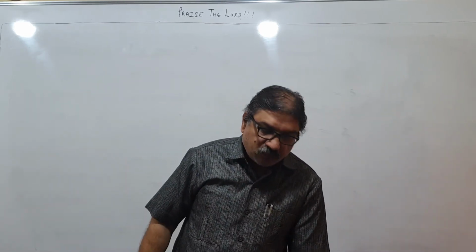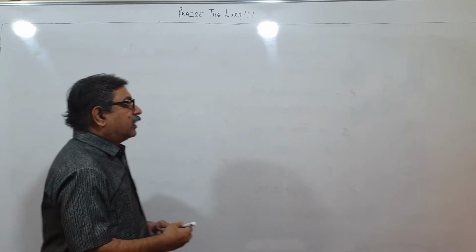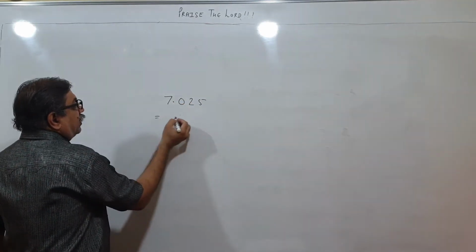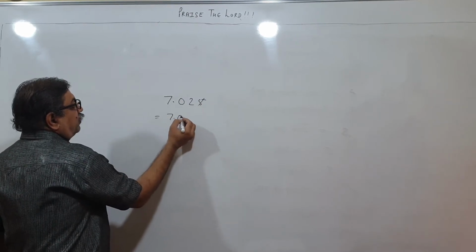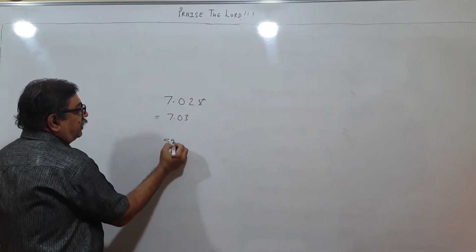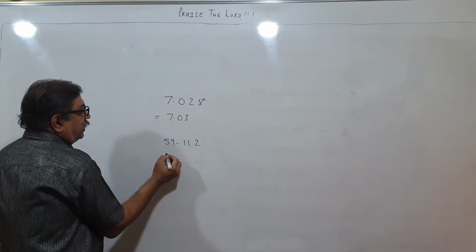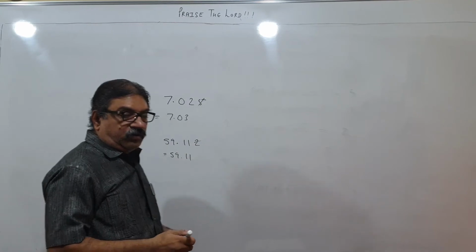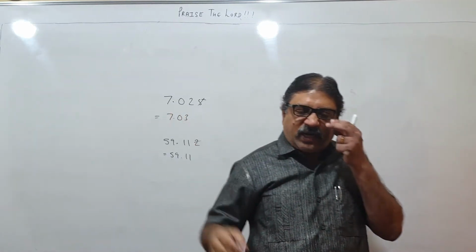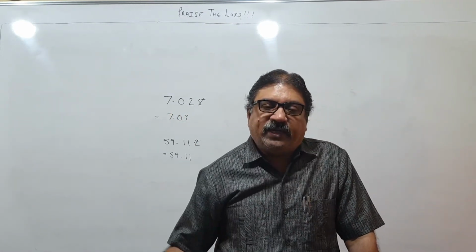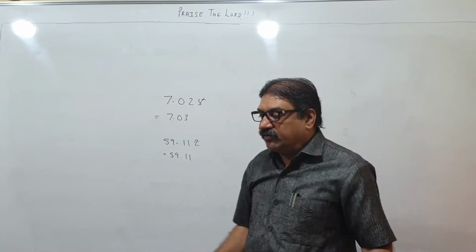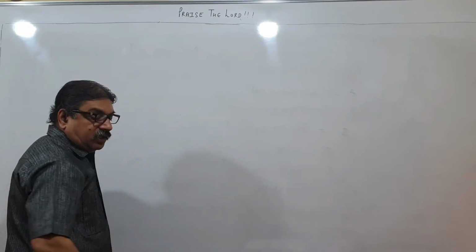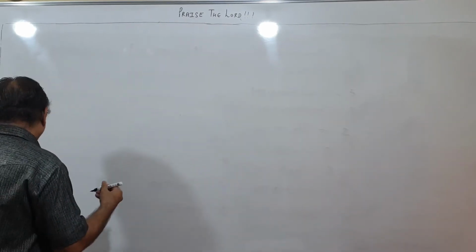Okay, now we have to learn how to round off. Children, you must have done these type of things in your lower classes. If it is there, you cut out this 5, you make it 7.03, and if it is 59.112, then you can write it as 59.11 because this is smaller than 5, and all those things you must have done. You must have rounded off the last digit. So now you have to understand how to round off correctly. There are certain rules which are being followed when you have to round off the last digit. What are the rules? Please understand.